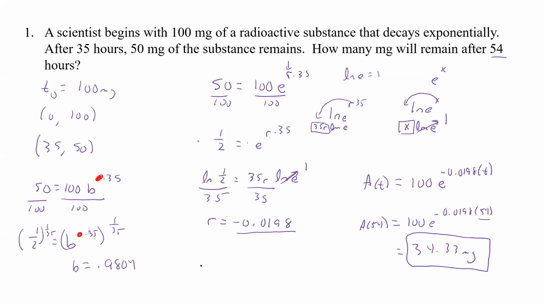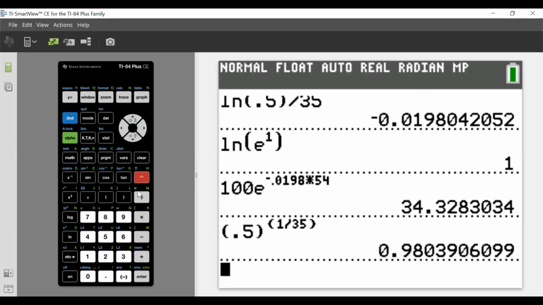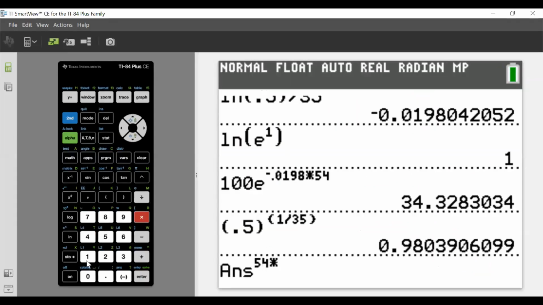And then what I can do is I'll have 100 times 0.9804, and then that's going to be A of 54 equals, and then I'll raise that to the 54. And so if I do that problem, that should get me the same 34.3 milligrams. So let's go back here. Now if I raise that to 54 times 100,